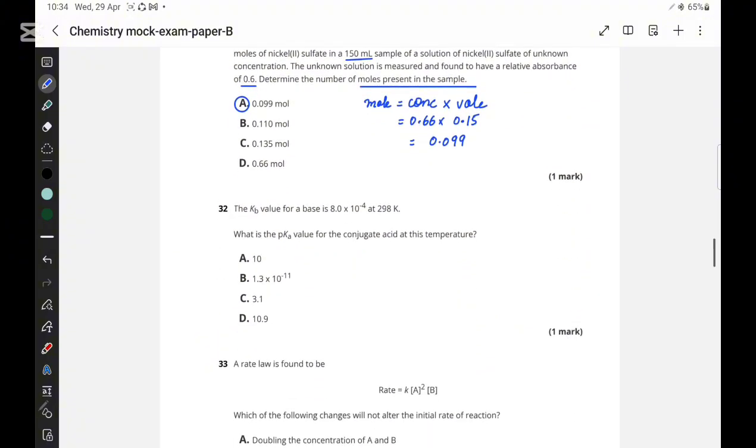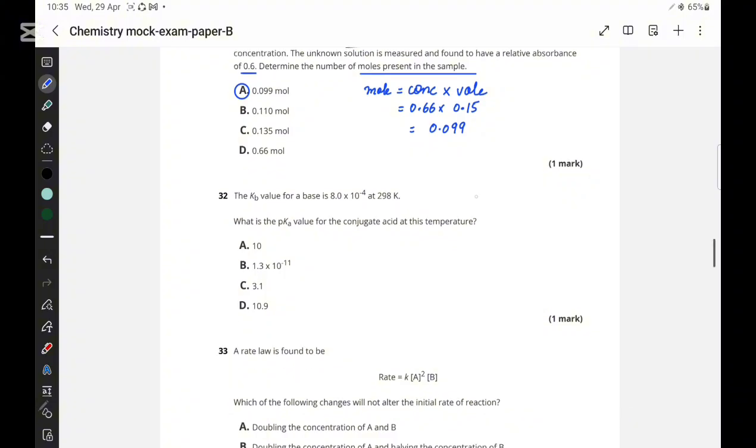For the next question, they are saying the Kb value of a base is given. What is the pKa value for the conjugate acid at this temperature? In order to find pKb from Kb, we have a formula: pKb is equal to negative log of Kb. Negative log of Kb, which is 8.0 times 10 to the power minus 4, and the value of pKb comes out to be